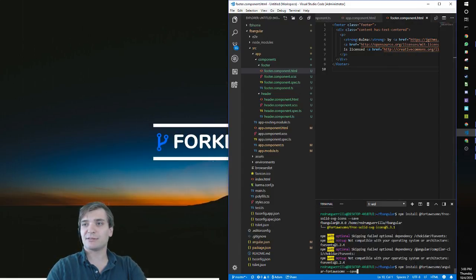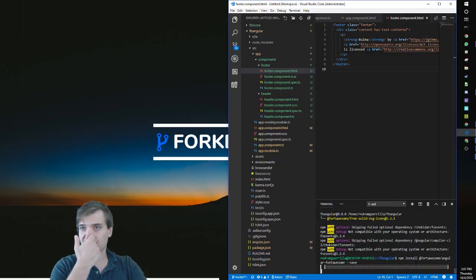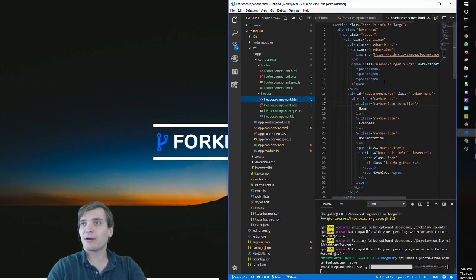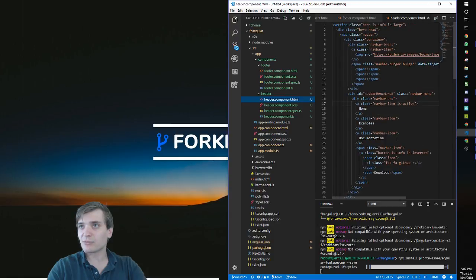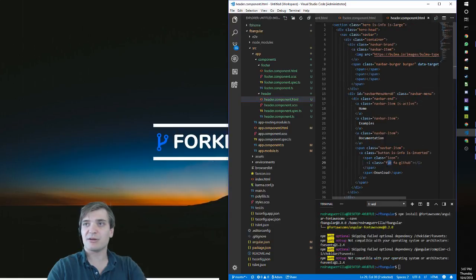Actually let's install this last one. Let's see how far we get here. It should be downloading, but really what I'm about to try and talk about here is in the header, you saw that wasn't displaying, and that's because we don't render it. But you see this FAB GitHub, that's a very particular issue within a very particular package within Font Awesome. So these FAB files have to pull from FAB, and you also have to declare FAB